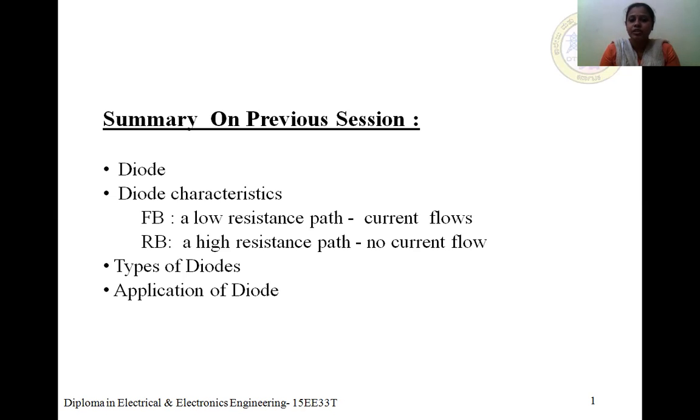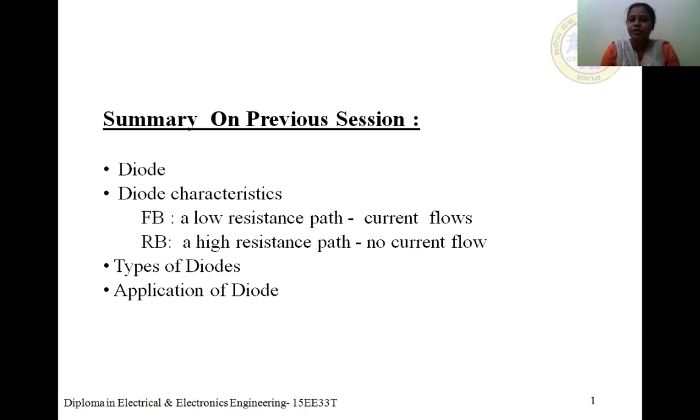So now let me see what is this forward bias. Forward bias means it is a low resistance path, so current is able to flow there. Next is the reverse biased condition. In this reverse biased condition, it is a high resistance path, so there is no current flowing there. So forward bias means the current will be flowing. In reverse biased condition, there is no flow of current, but due to small leakage, there will be a small minority charge carrier current.